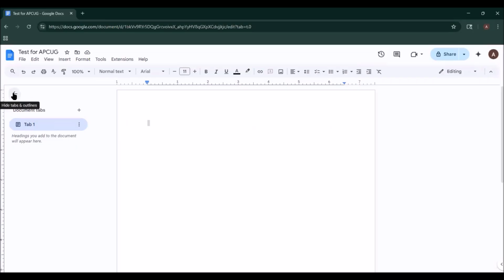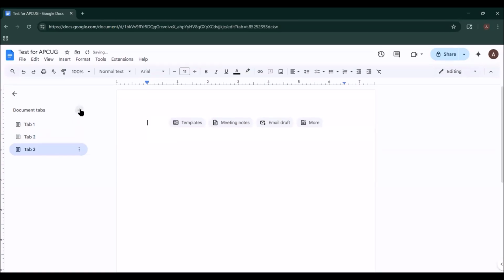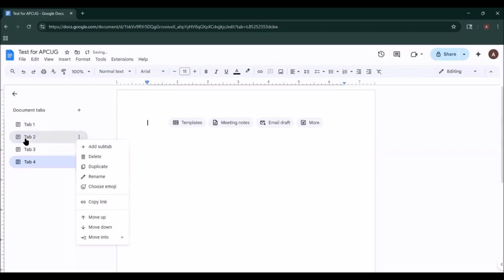This little arrow closes it and opens it. Then the document tabs, there's a plus sign there. All it's going to do is add a second tab or a third tab or a fourth tab. And you can then rename, where are you? There we go. So this is, say, if I've got Perplexity,